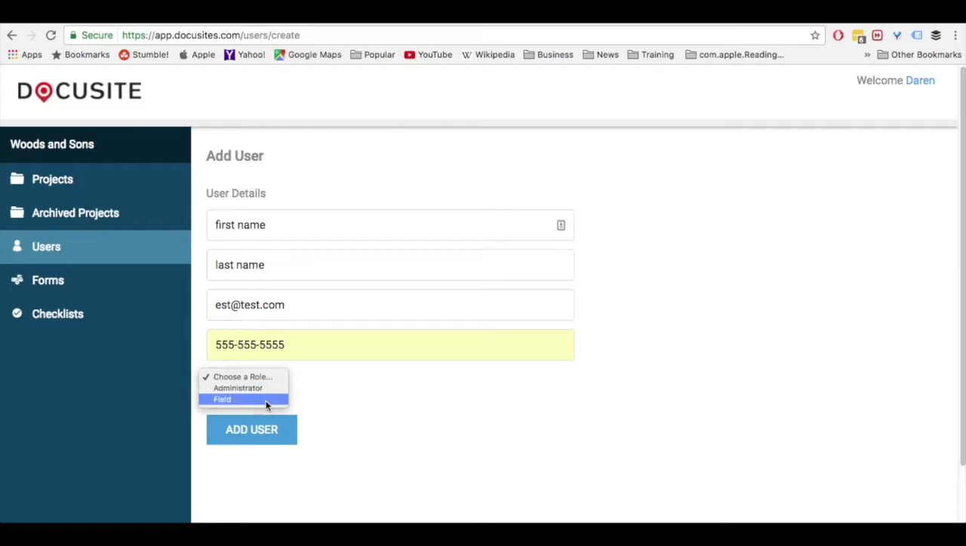The difference is, an administrator has access to all of the web portal and all of the projects and sites on an account. A field user only has access to the app for collecting data in the field. Then click the Add User button,